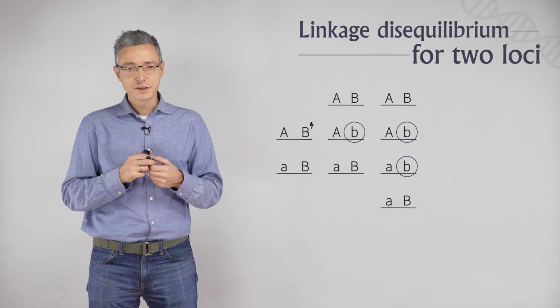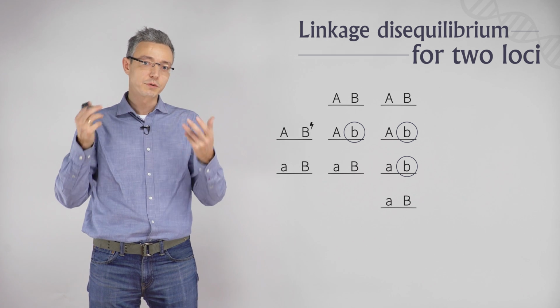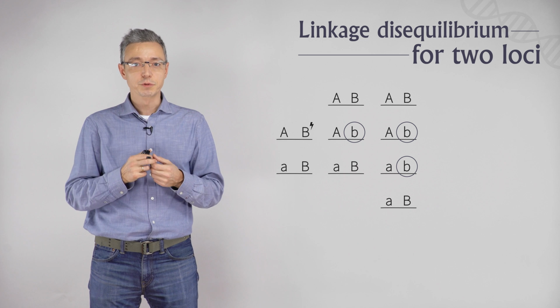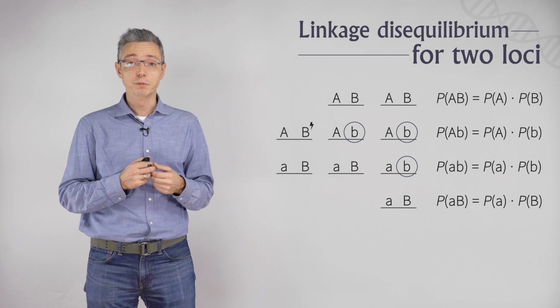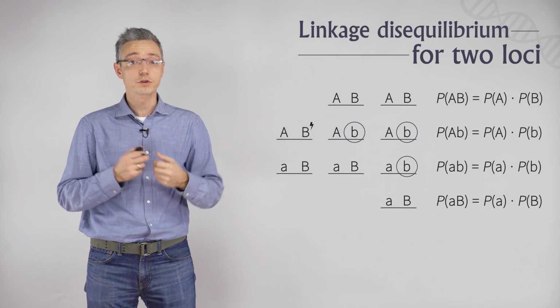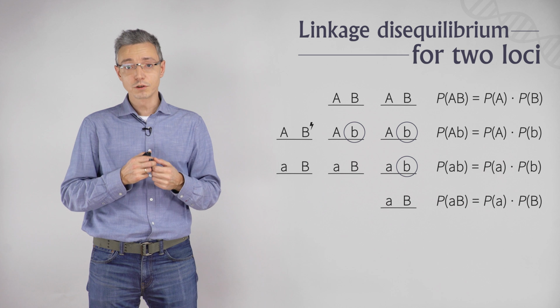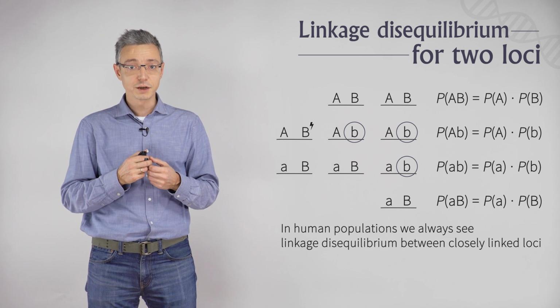And if we consider this system for an infinitely long time, we expect that it will come to an equilibrium point, where the probability of a specific haplotype will be determined by the product of probabilities of the specific alleles from which this haplotype is composed. However, if these loci are very closely linked together, this process takes a lot of time, and therefore